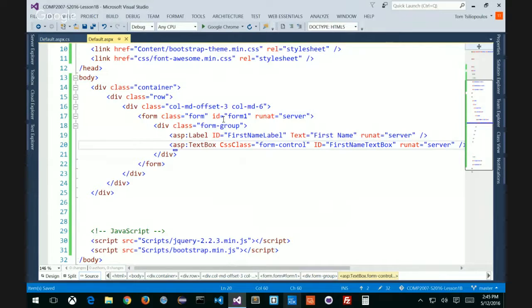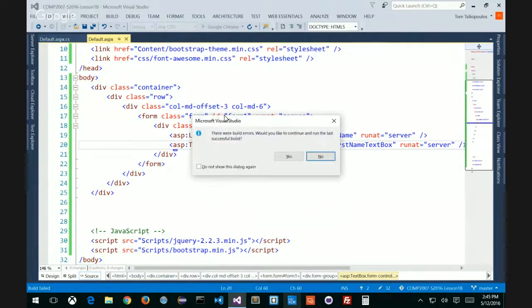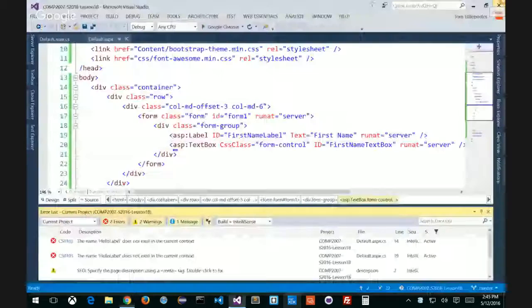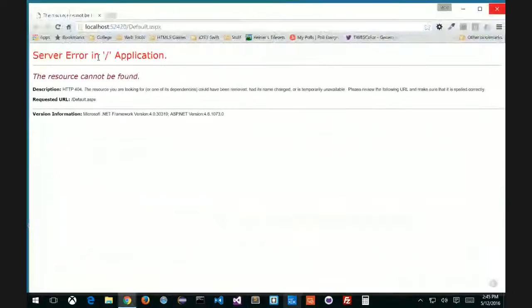Let's preview this thing and see what it looks like now by pressing Control F5, right? Where we run without debugging. And let's see if it gives us that error that we talked about, right? Hey, there's build errors, right? This is what I want to see. And there's build errors because if you go back, it's going to tell us our error. It says the resource server in / application I found. This is not the right error, but it's okay. What it really means is, hey, Tom,